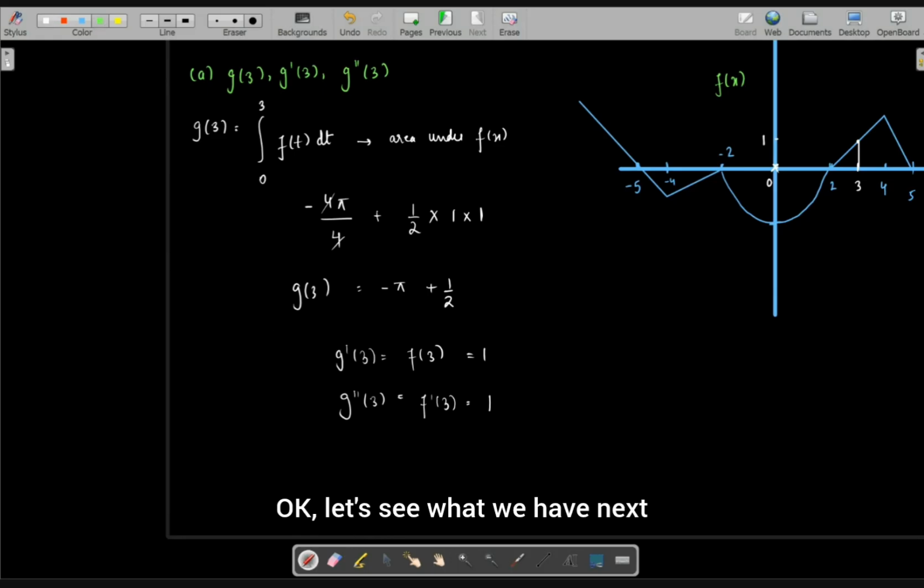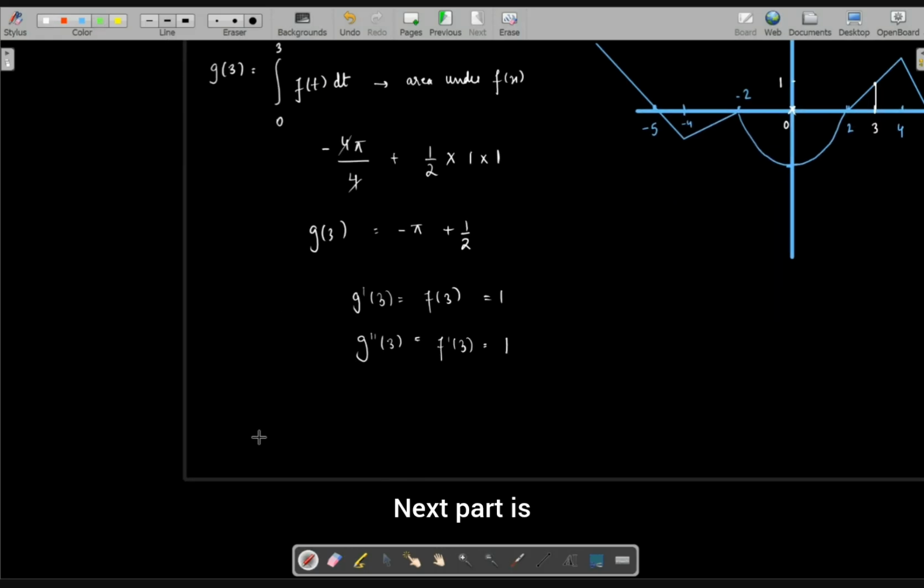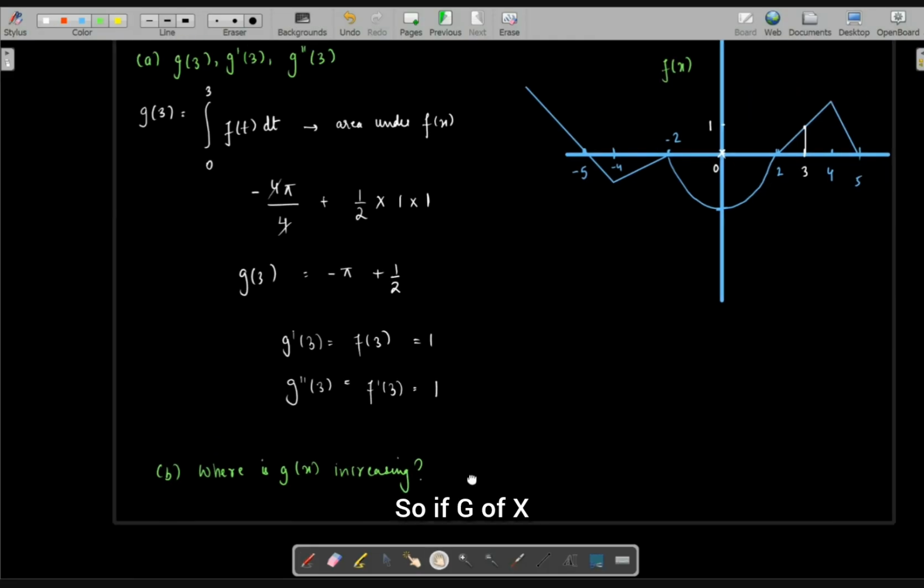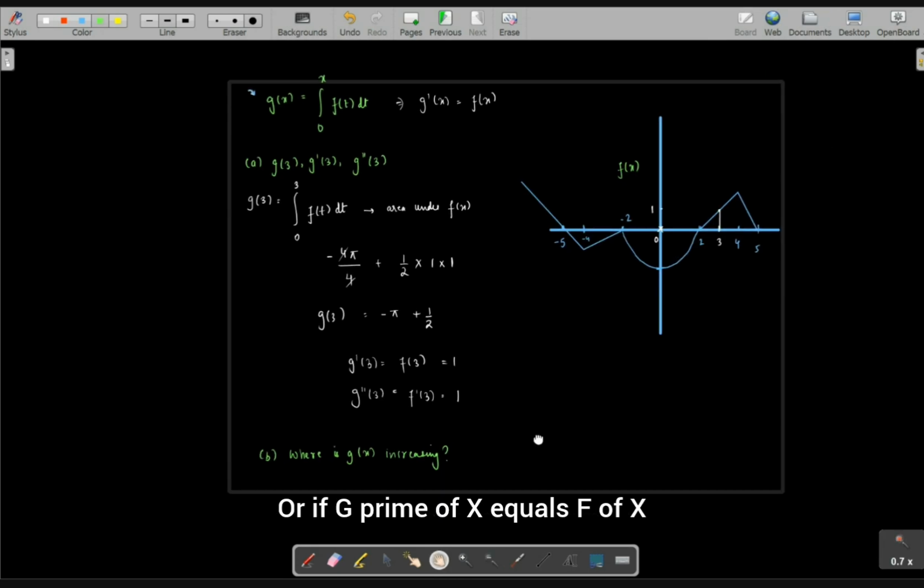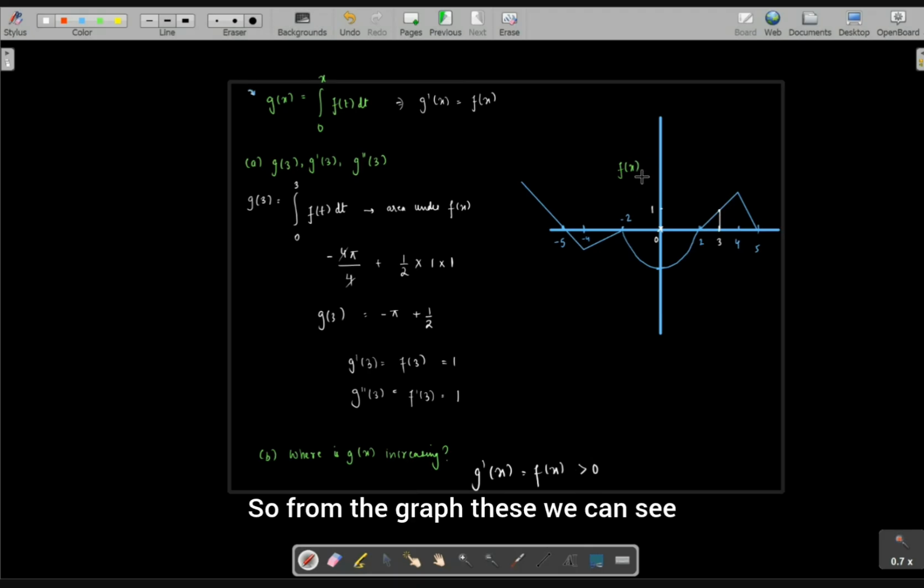Let's see what we have next. The next part is, where is g increasing? If g prime of x equals f of x, that means g of x is increasing when f of x is positive. Yes, very good. Wherever f of x is positive, g prime of x is equal to f of x, and we want that to be positive. So from the graph, we can see that